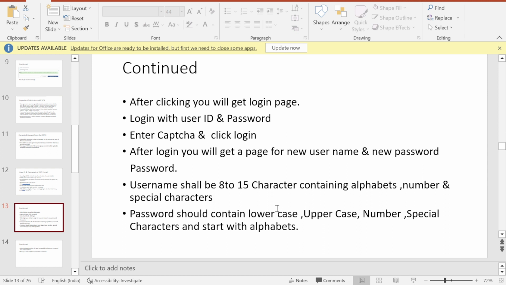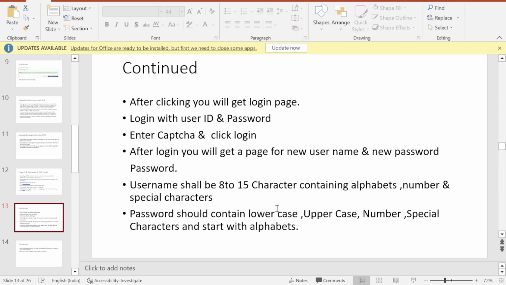You have to enter that captcha, and after entering that captcha, you have to click login. As soon as you click login, the next page opens, where there is a provision to put new username, new password, and confirm new password.